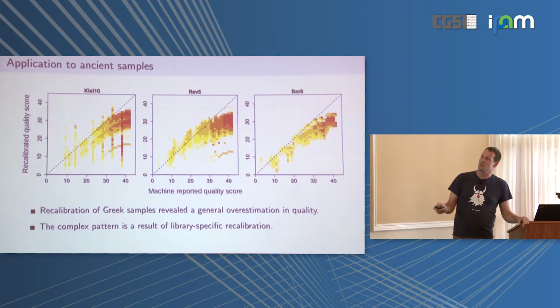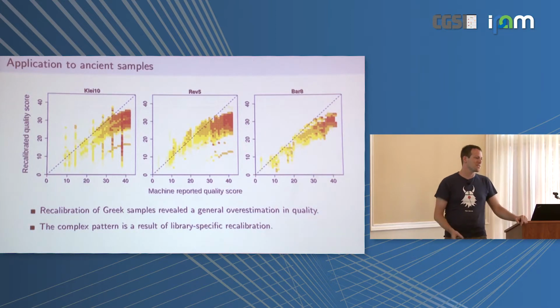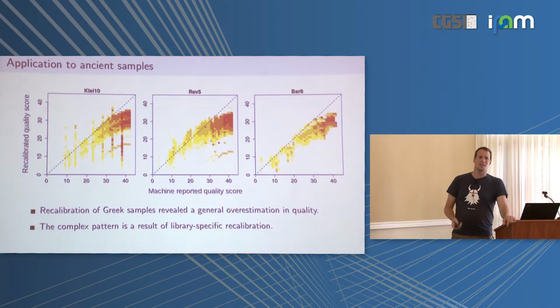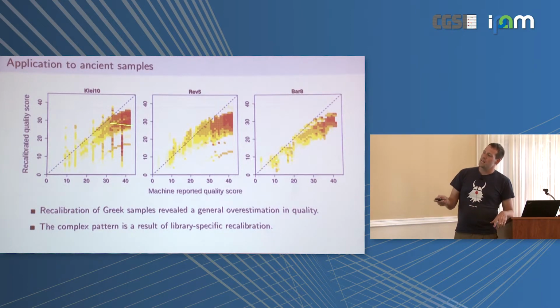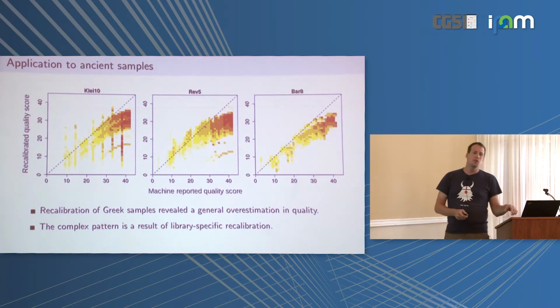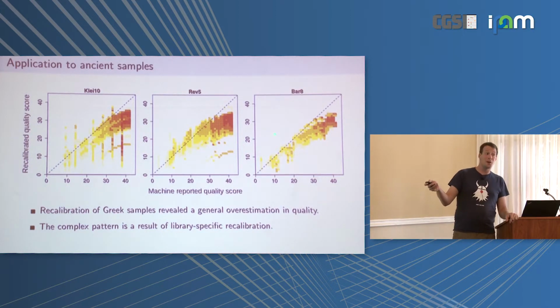That's consistent across all the samples we have, which were all sequenced in multiple independent runs, with different libraries, and so forth, and it's just overall true, right? So it seems that Illumina machines are a little overconfident about their errors. But we can recalibrate those, and if we do that, and now we're going to cheat a little bit, for this and for other samples for which I'm going to show results,